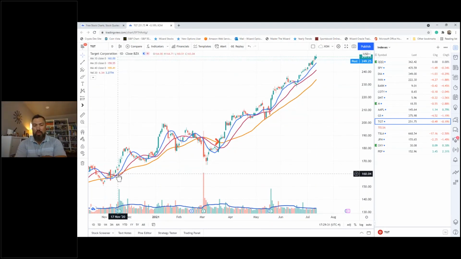So if I'm an all or nothing trader, meaning I only trade a handful of stocks, then most of the times I'm getting beat up because I'm getting into retracements. I'm getting in when the market's ending the trend, not beginning the trend. So we have to expand our search capability. How do we do that? Well, I'm going to jump you over to a simple stock screener. Simple, simple, simple.